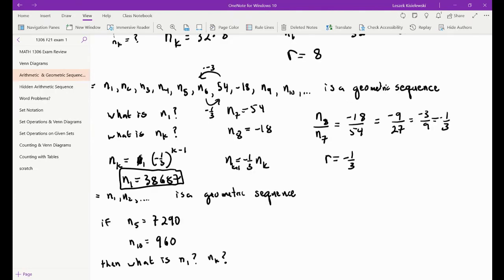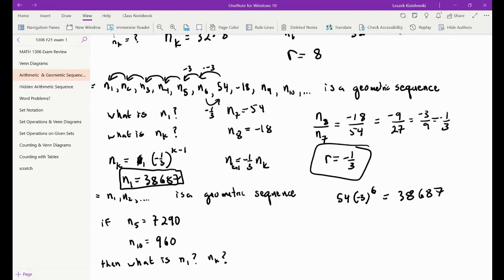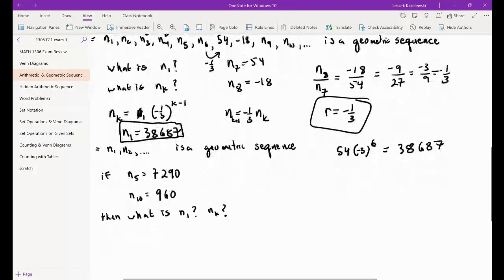Just so we know, you take 54 multiplied by -3 once, twice, 3 times, 4 times, 5 times, and 6 times. Okay, and this would give you that large number. Okay, but again, just to emphasize, as soon as you find two consecutive terms, find the common ratio. All right,